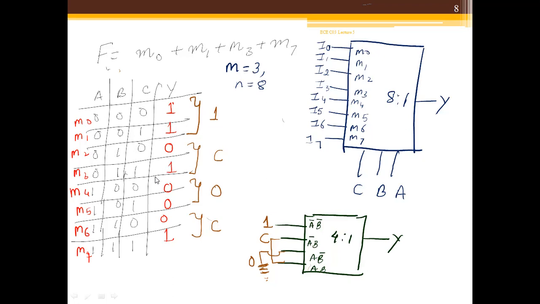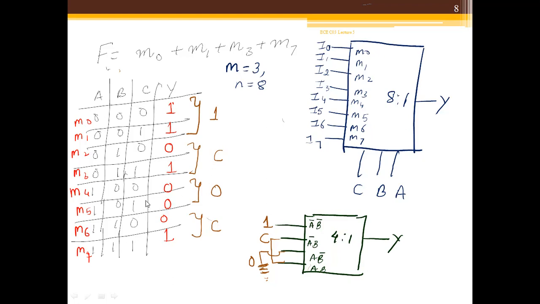Similarly, I go to the next two rows of my table, which represent the value of AB as A bar B. Again I try to relate it with my least significant bit, that is C: whenever C is 0, output is 0. When C is 1, output is 1. So the output is the same as the value of C. So I can represent this combination's output by C.